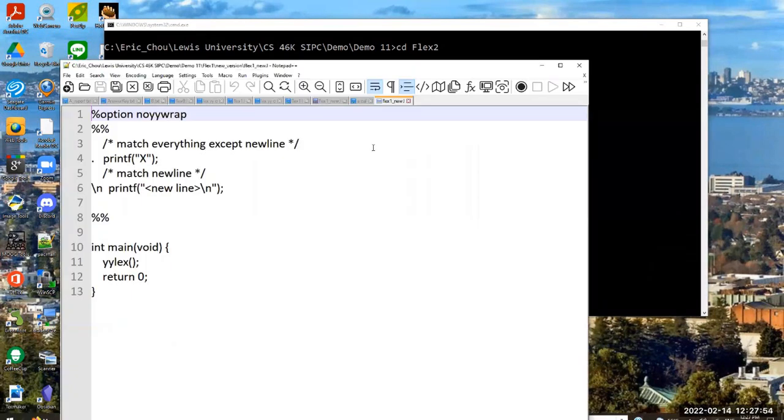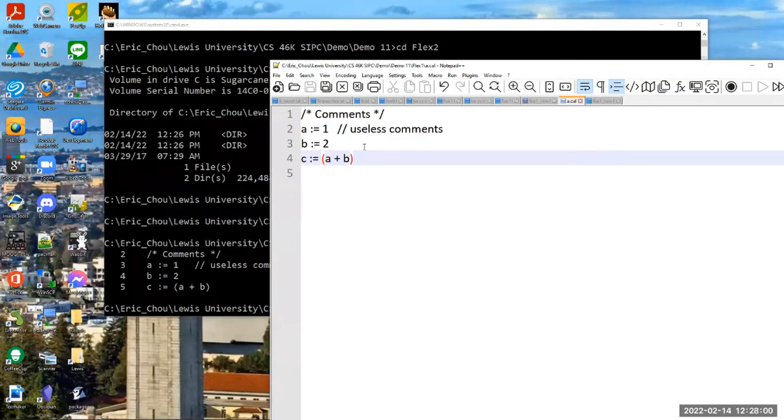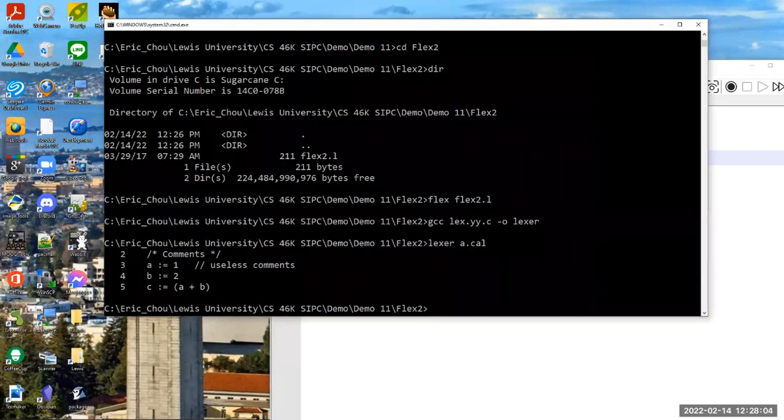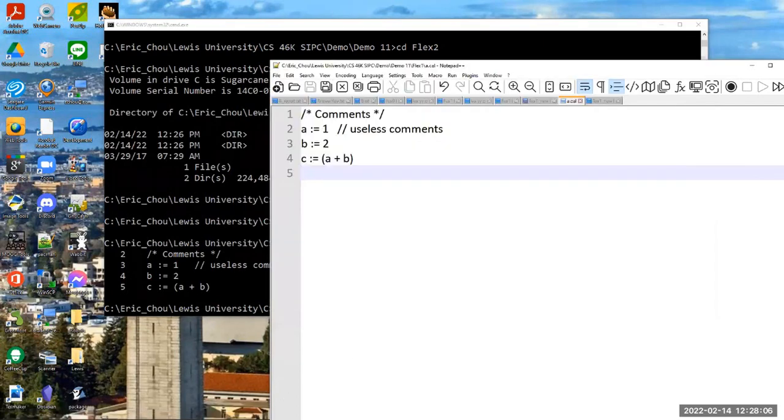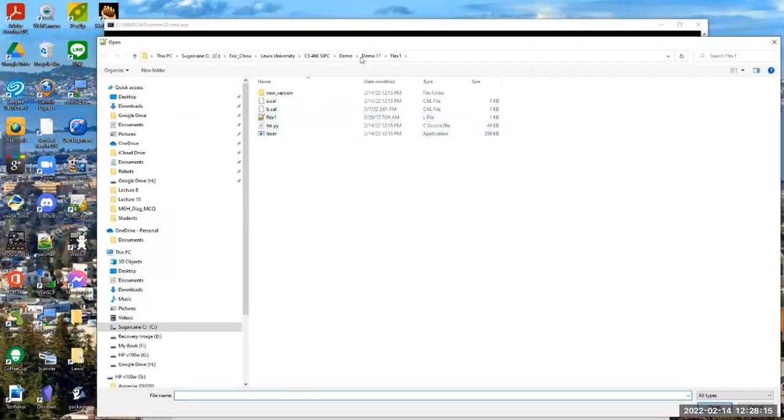So let's open the a.cal. So a.cal here, actually it missed something. So it looks like the data has not been initiated. So the line number started with 1. Let's go back, okay? Let's go back. Go back to our flex 2. Let's actually go back to the